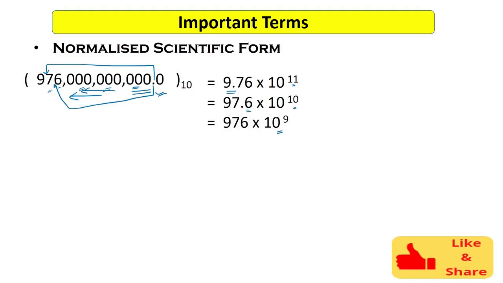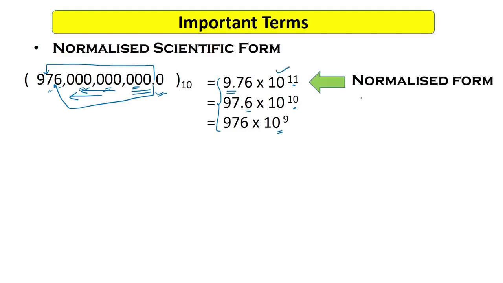The same way I can write this expression. So you know what these expressions are called? These expressions are called scientific notations. So all three of these are scientific forms or scientific notations, right? We have studied this scientific notation in our maths classes, right? Now here one important point to note is this first form. This is actually called the normalized form, okay? So what is actually the normalized form?